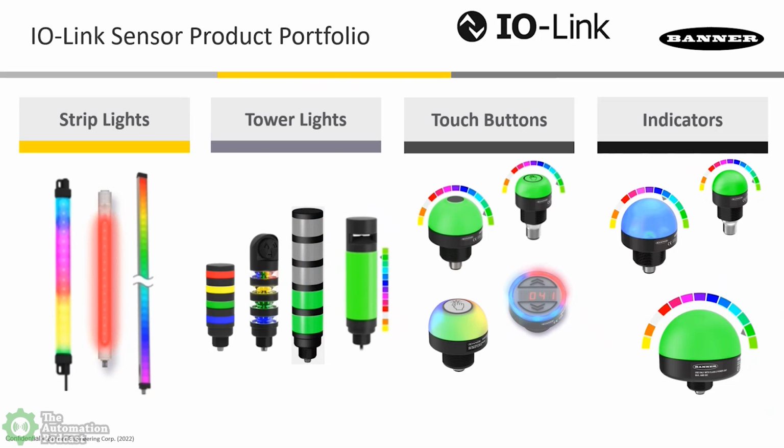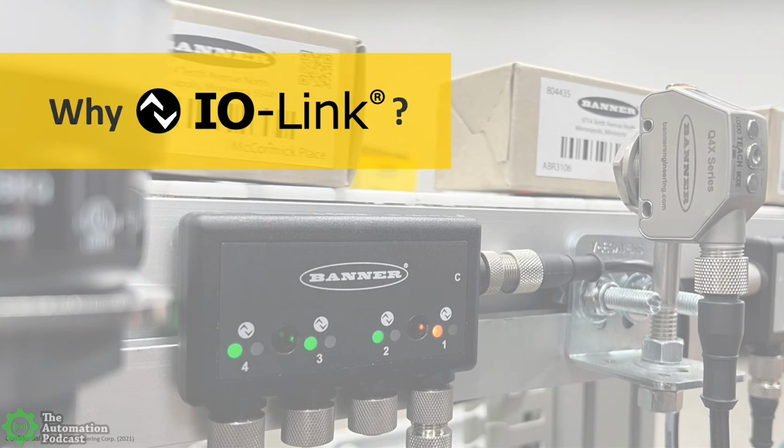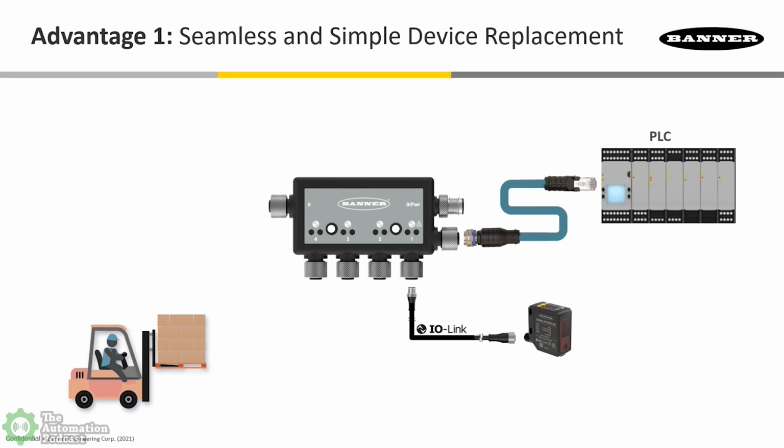And the first advantage I want to talk about when you're saying, why use IO-Link? What are some of its advantages? This is probably one of my favorites. It's seamless and simple device replacement. So with data storage mode, or backup and restore mode as it's often called, the device configuration of your IO-Link sensor is saved on a port of the IO-Link master. So essentially, an untrained operator or an operator who's using these sensors can replace the sensor, and the correct device